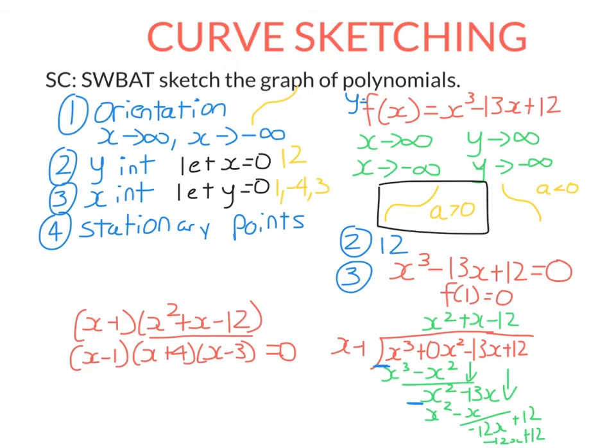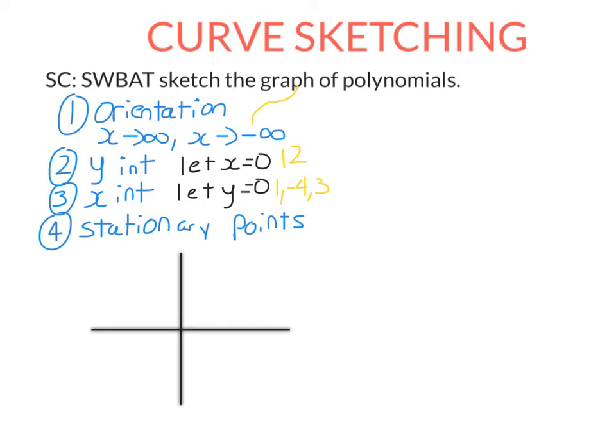So I'm going to get rid of all this working. Please pause and copy down if you need. So this is what I know so far. I know it's going to have y-intercept of 12 and I know it's going to have x-intercepts of 1, 3,